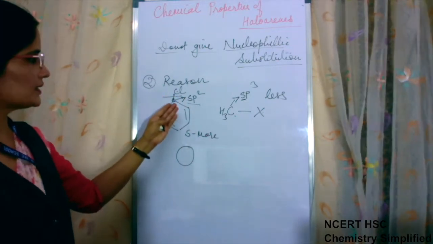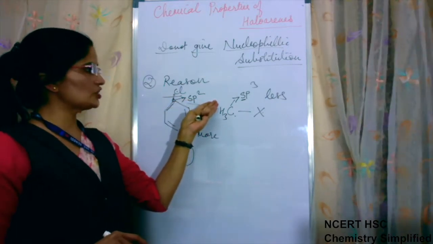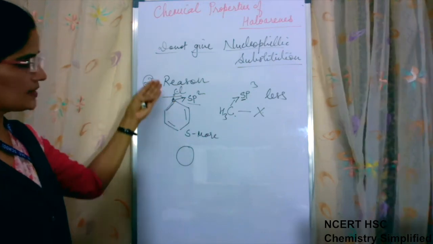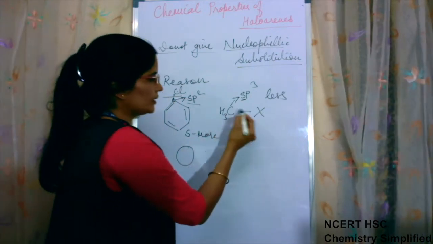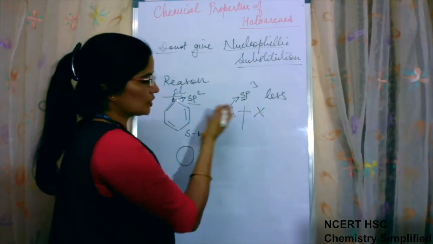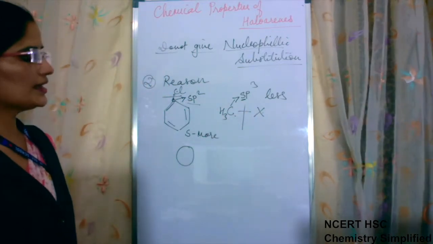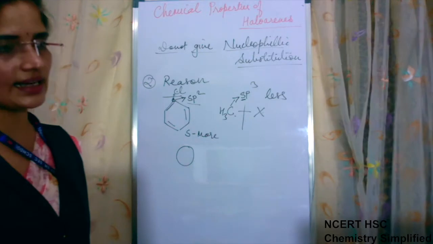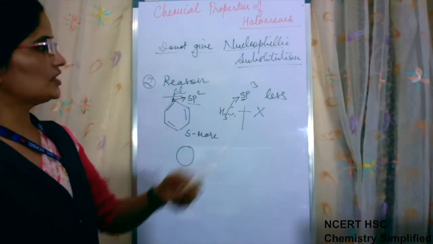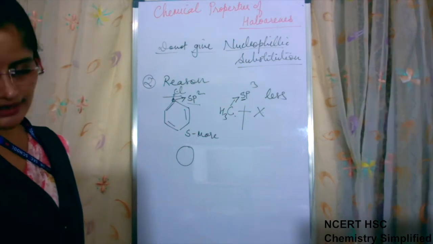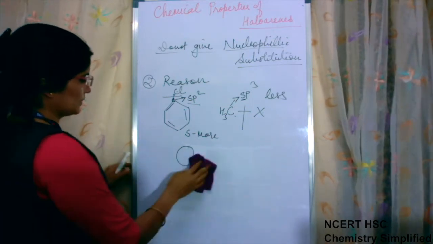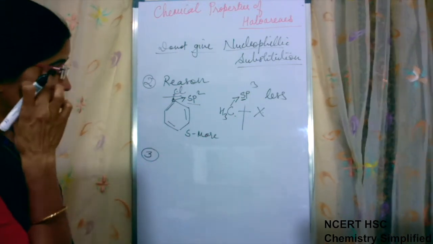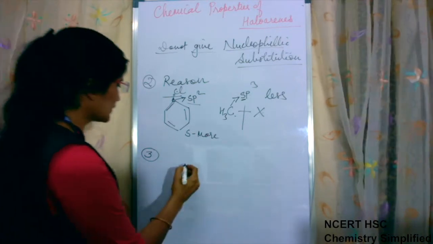Already it has double bond character. Again, because of sp2 hybridization, it is attracting the electron pair towards it more, hence again it is difficult to break the bond. Here, because it is sp3 hybridized, the bond is not pulled much towards the carbon, hence it is easier to cleave and reactions become possible. These are two basic reasons why haloarenes do not give nucleophilic substitution reaction. Okay. Third, one more reason is there. You need to remember these two reasons specifically.